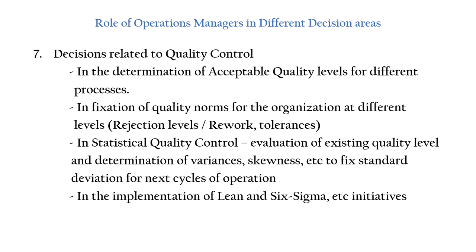See, there may be rejections or rework or scrap at different levels in the organizational production process. So at each level we have to fix some norms in order to control the rejection levels, to make the employees aware of quality, and to reduce the reworks, and